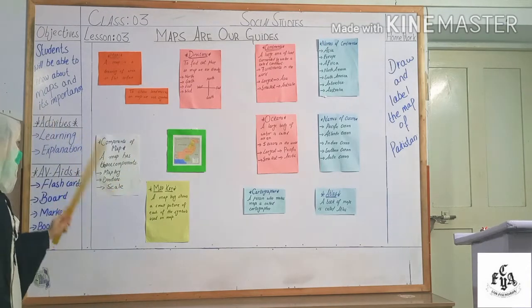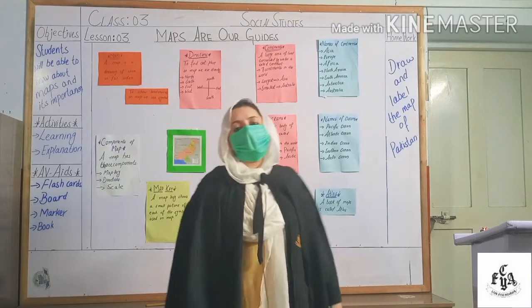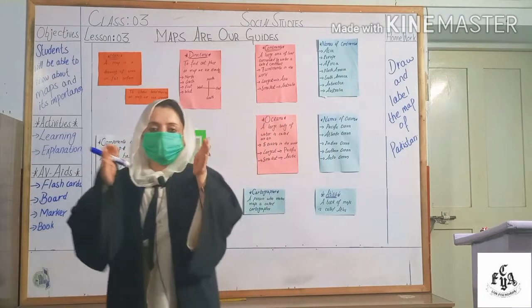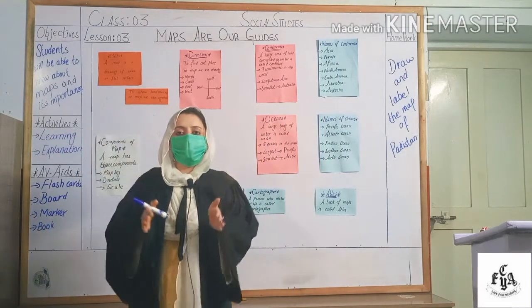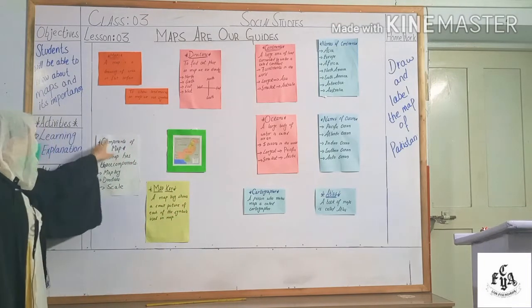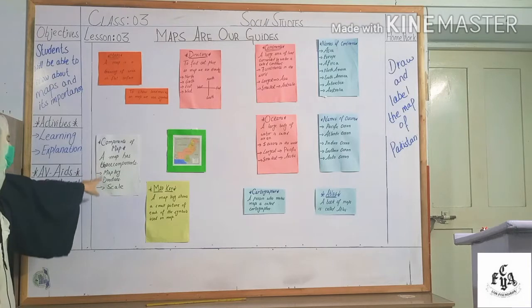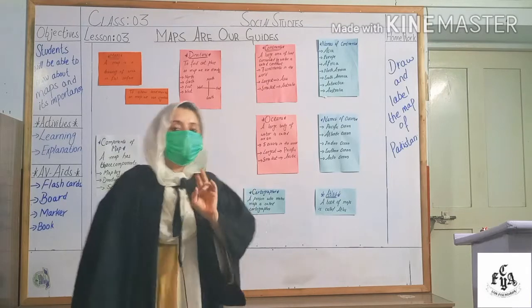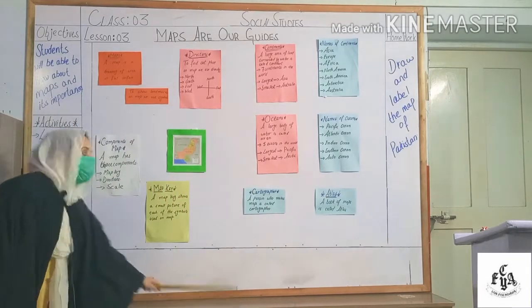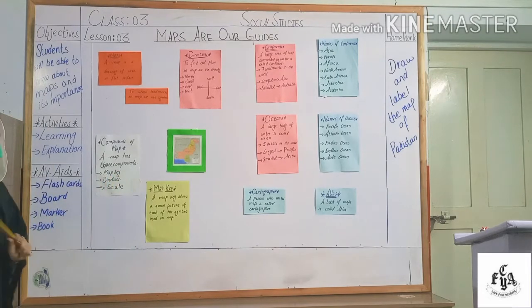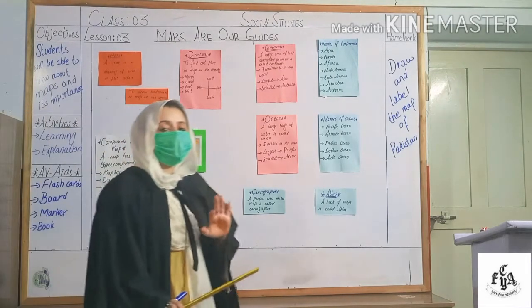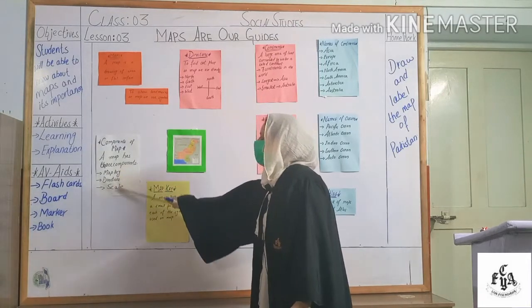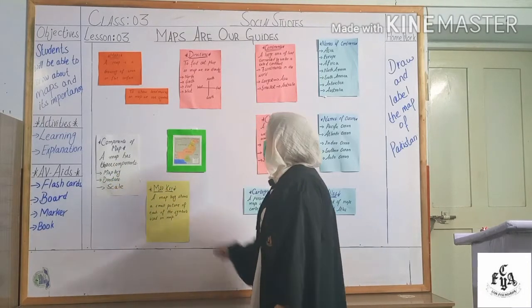The third one is scale. Why do we use scale? Scale is used to show the distance on a map. The distance between 2 places is shown on a map by using the scale. So these were the components of a map and they play a very important role. Remember students, if you have a map and that map has only a map key and directions but does not have a scale, it means that the map is incomplete. Every map should have all three components: a map key, directions and a scale.